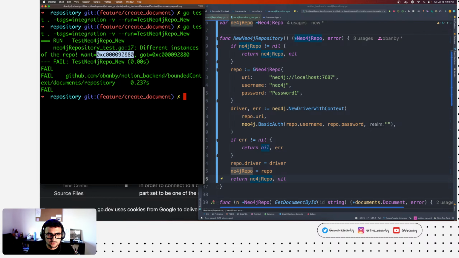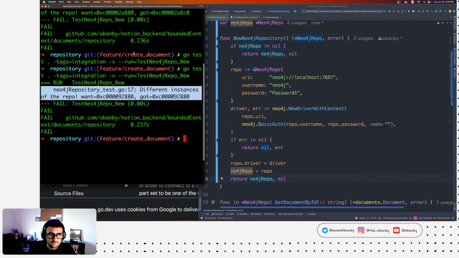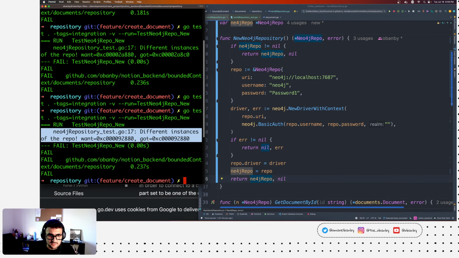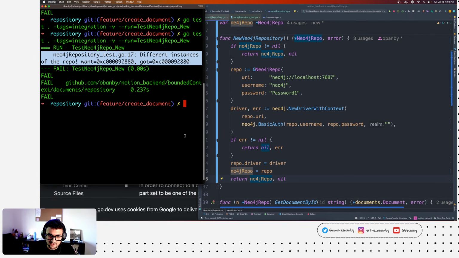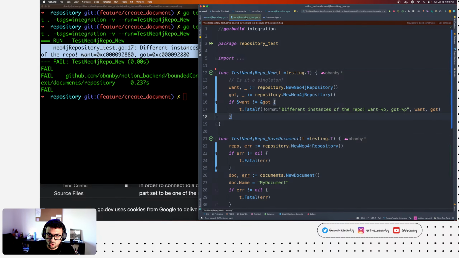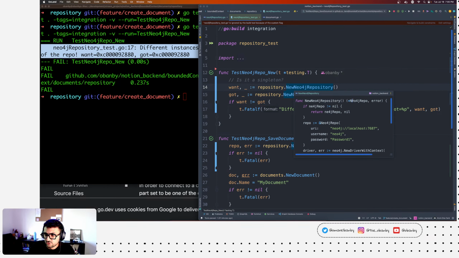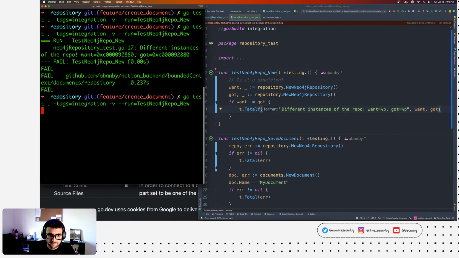So it did return the same instance right here, but the test is failing. So that tells me that something is wrong with our test, right? The Neo4j repository already returns a pointer, so let's see.